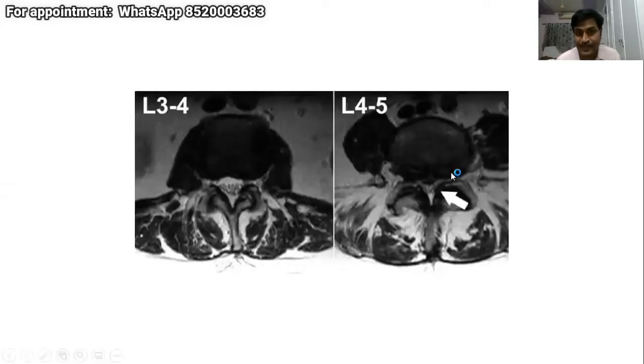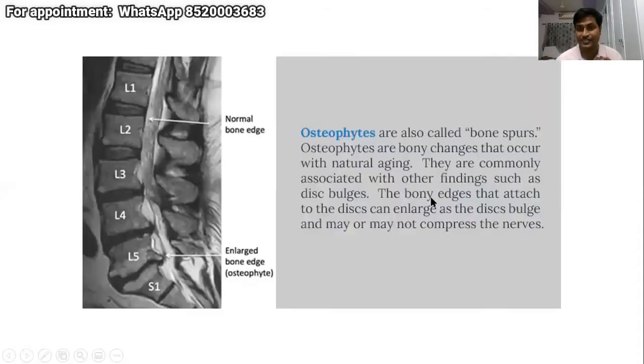This patient has central canal stenosis or lateral canal stenosis? Doctor, can you answer? At least in the chat, people answer. This patient has central. This is a normal one. So this entire white structure which you are seeing, in the white structure the center portion is lost. So this patient has central canal stenosis.